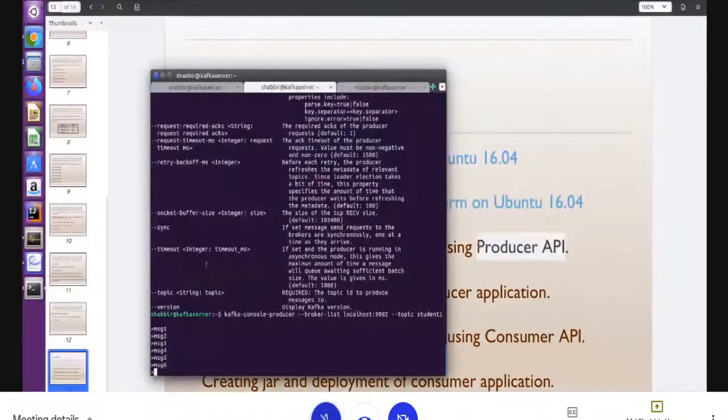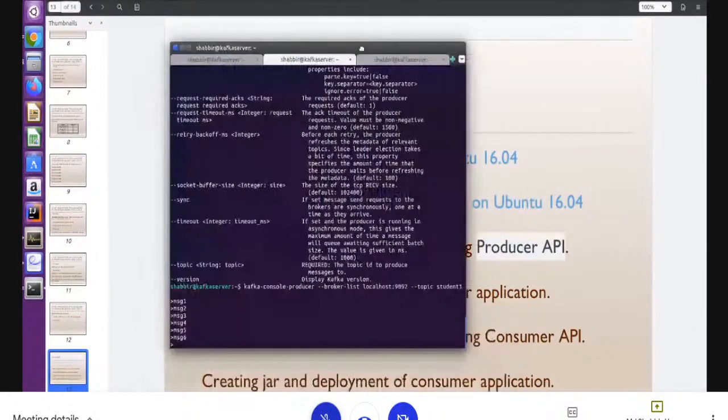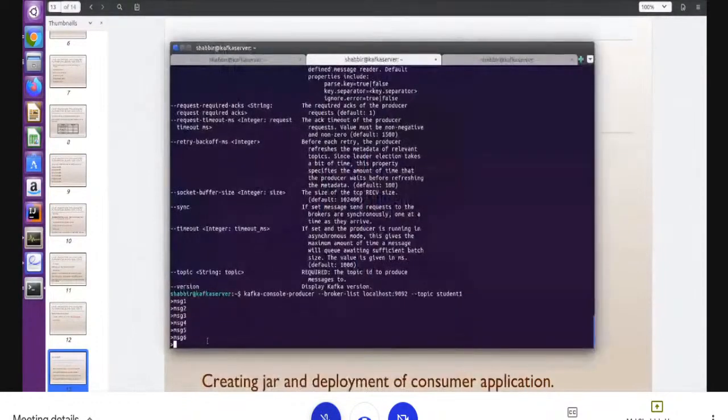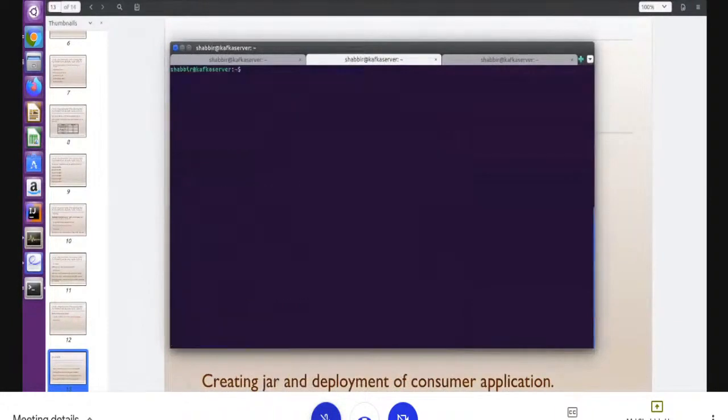Because I'm going to write my own producer application, I will shut down this Confluent, which is very heavy, otherwise my system will hang. So I will shut down all my Confluent platform right now and I will use core.